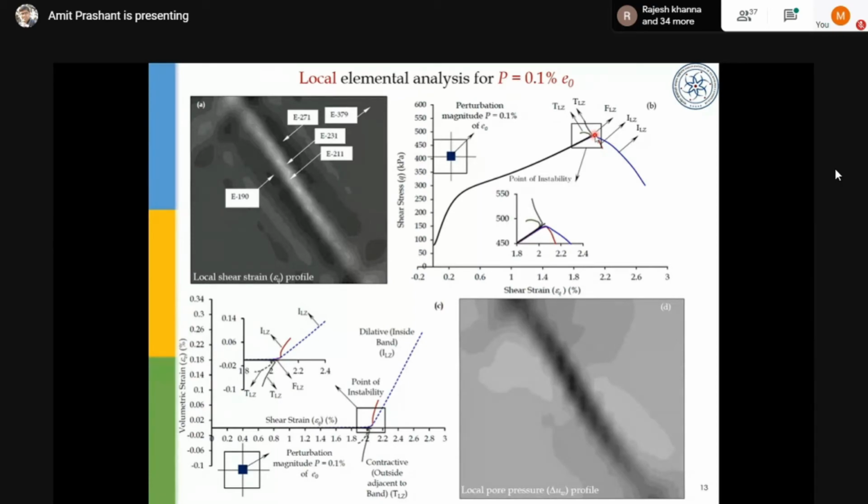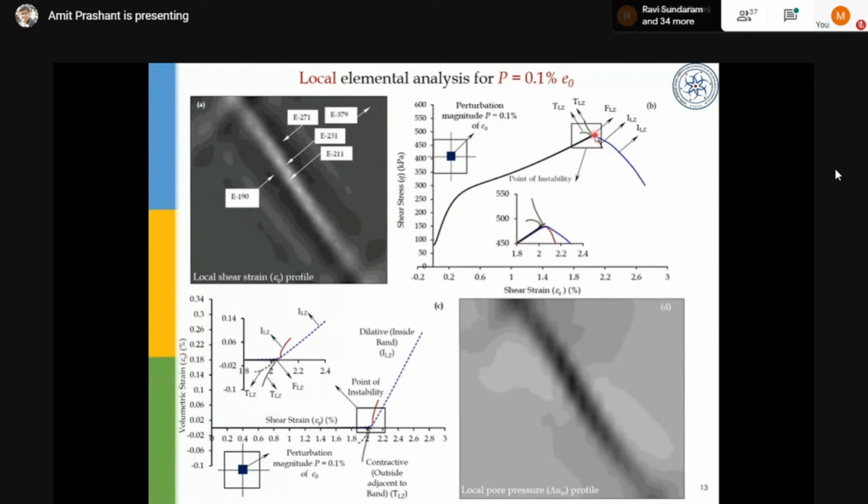And all this is possible when we do transient type analysis and not steady state type analysis, which is what 99.9% of problems we solve. And we have to assume that it is locally drained and globally